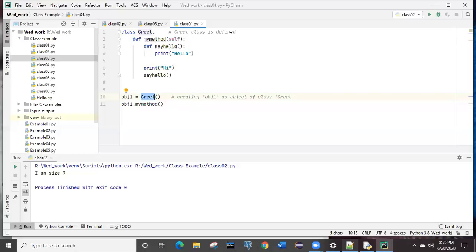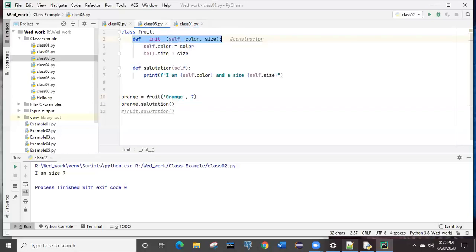But now I want that while creating the object of that particular class itself, it should be initialized with some value. Like in this fruit class itself, whatever object we are creating of this class will be initialized with some value inside it. For that purpose, we have passed the two parameters. We can pass 3, 4, 5, n number of parameters, and n number of features will be present in that object.